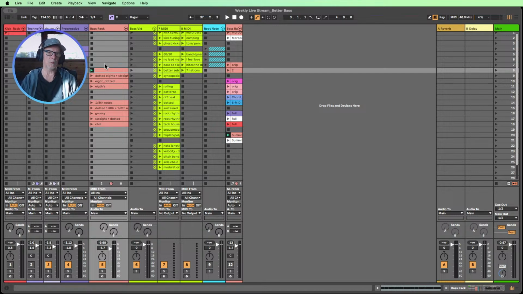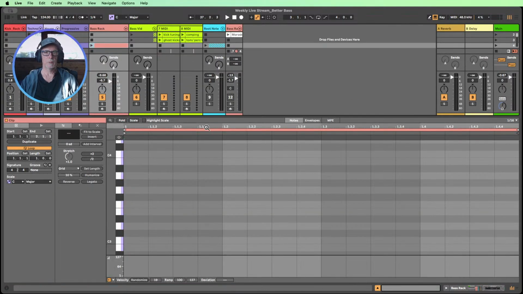So what else have we got? Well, we looked at rolling, offbeat, dotted, the John Summit, pitch bends, how to use root notes, taking them from chords and turning them into something else. Well, I think a classic bass is also triplets, which are interesting as well. We might as well take a quick look at triplets when we're talking about note length. So if we come back over here and we divide our clip up a bit differently to how we're normally doing, which is by multiples of 2. If we go to Ableton, all you need to do in Ableton Live on a Mac is Command 1, 2, 3, and 4, right?